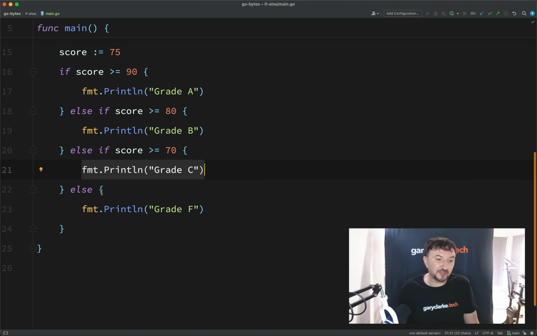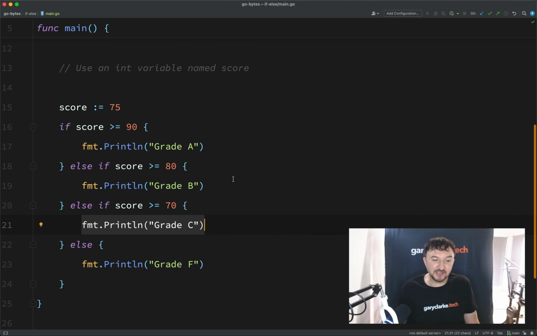Now you might be looking at this and thinking, well, this could get unwieldy if we have a lot of conditions, and you would be right about that. There is an alternative to this called switch, and we're going to cover it soon, but for the time being,